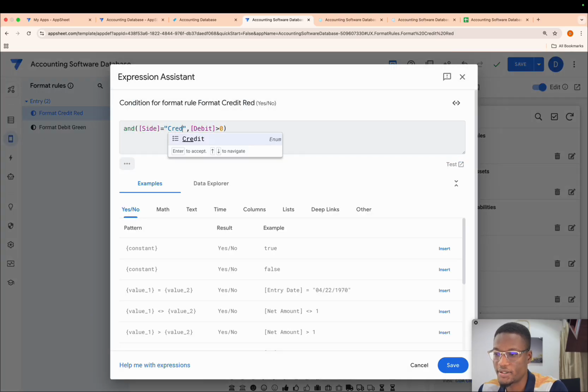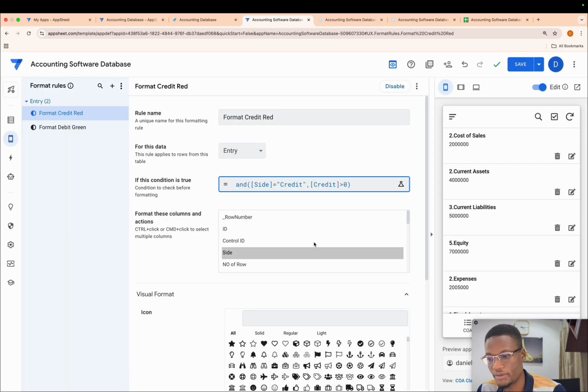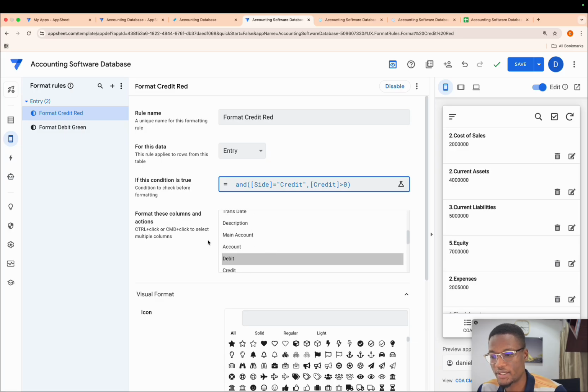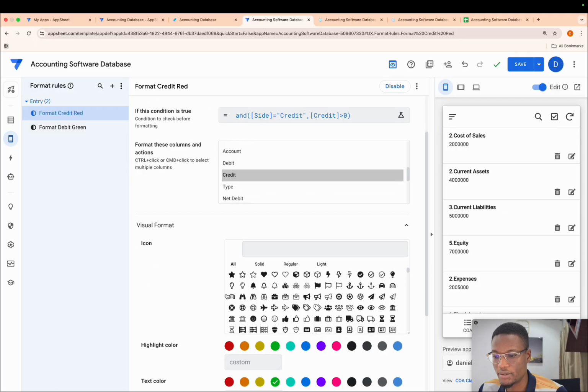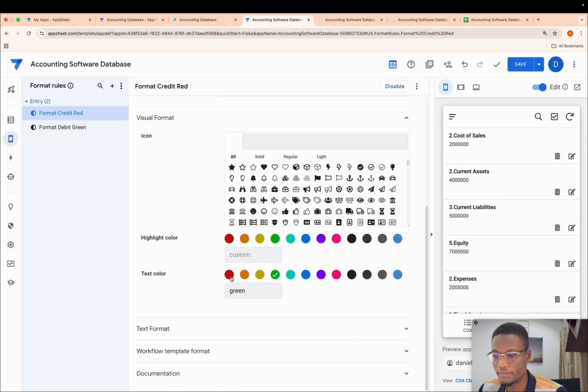I'm going to make this credits. I'm going to make this column credits. Okay, so credits also has to be greater than 0 before it works. These are all certain things we do so that the user knows. So side and then credits. Make sure the two are selected. Good. I'll make this red. So save.